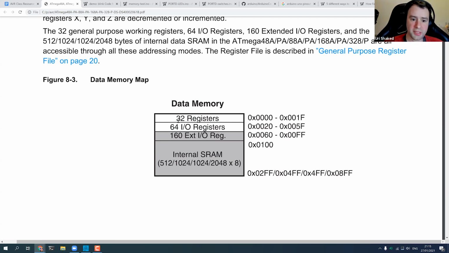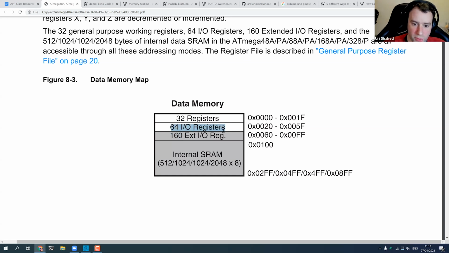But the data memory has these registers, which we will get to when we dive into assembly. And then it has the I/O registers. You can see that there are 64 I/O registers, and then there are a few extended I/O registers.